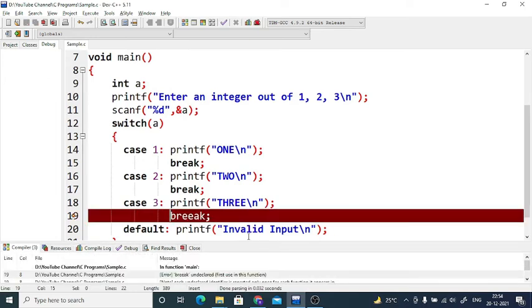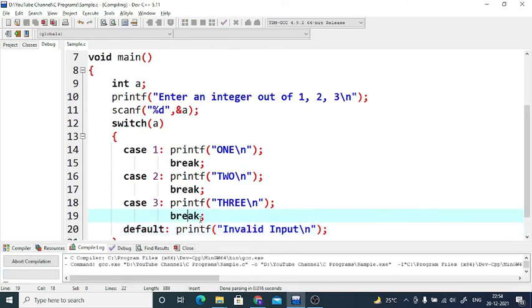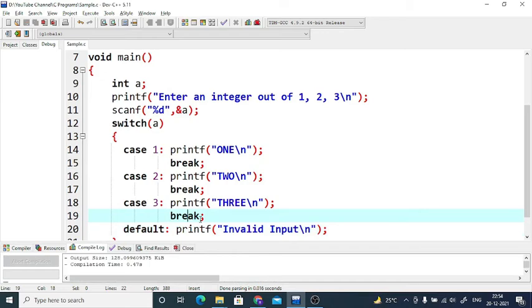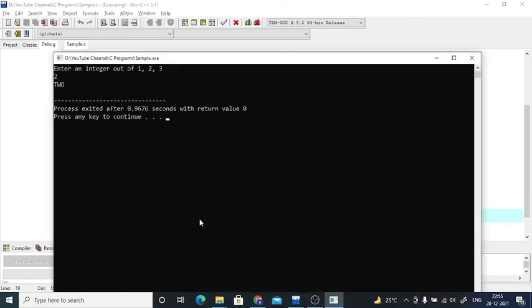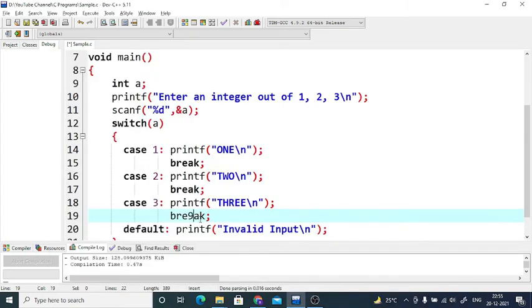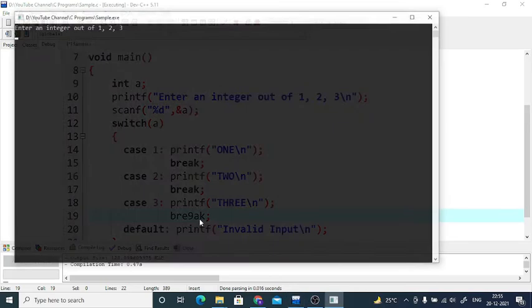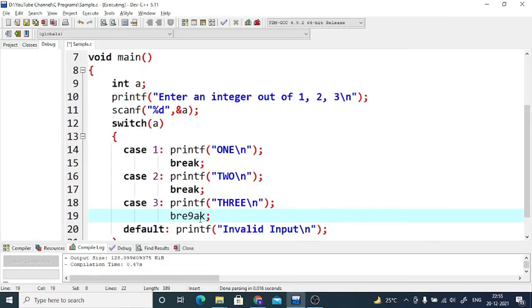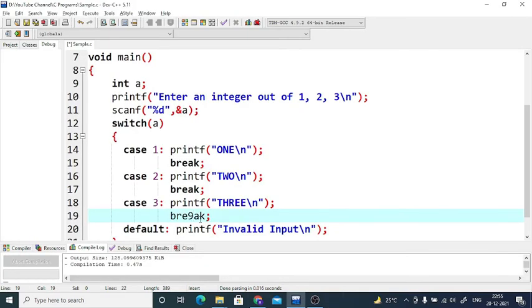Okay, there's a typing mistake. It rightly shows the error as well. So let me save and compile again. It gets compiled. Execute. Now if I put anything other than the required input, it prints invalid input, and it doesn't hamper the proper cases. They'll still get executed in a proper way. Only if you try to put anything which is out of the range, it will say invalid input.